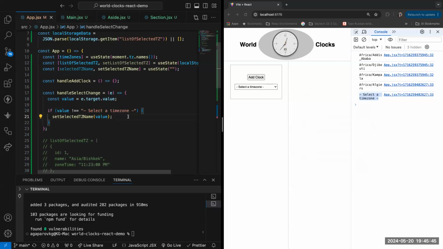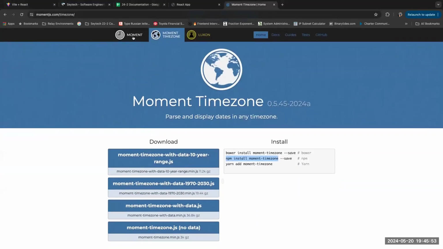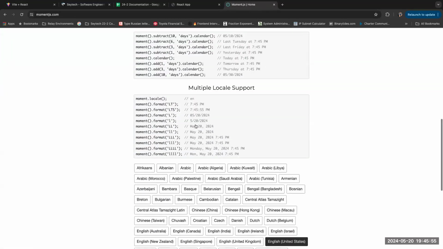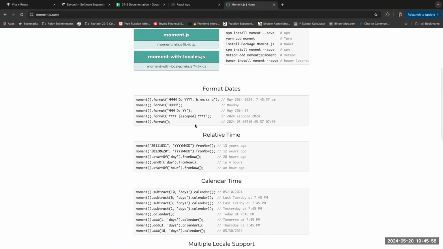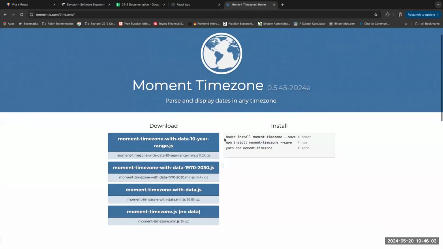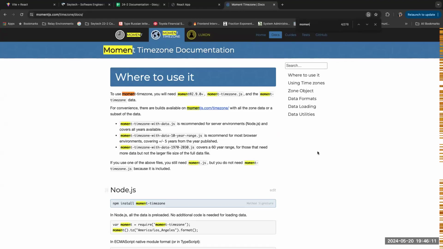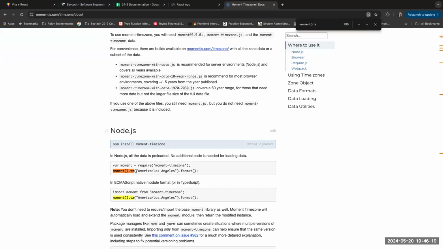Right, with the value. At the same time, in the moment.js, okay, in the moment time zone, sorry, let's just take a look at the docs. All right, we do have something called moment. We can invoke this function and tz. As you guys can see right here, if I put the value, the selected value,